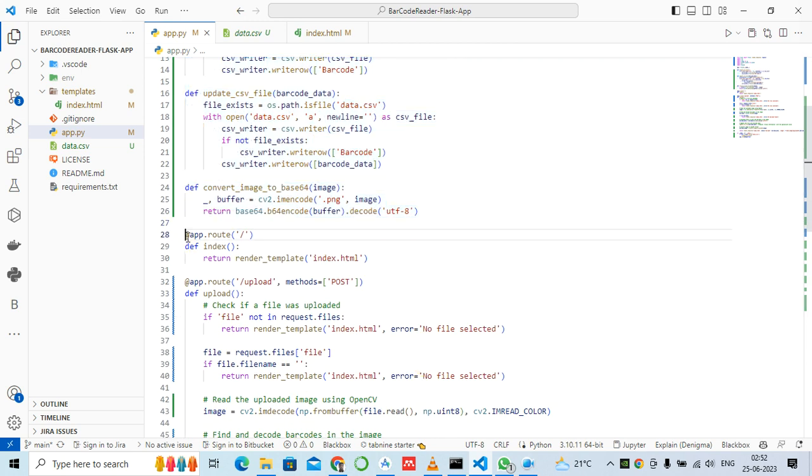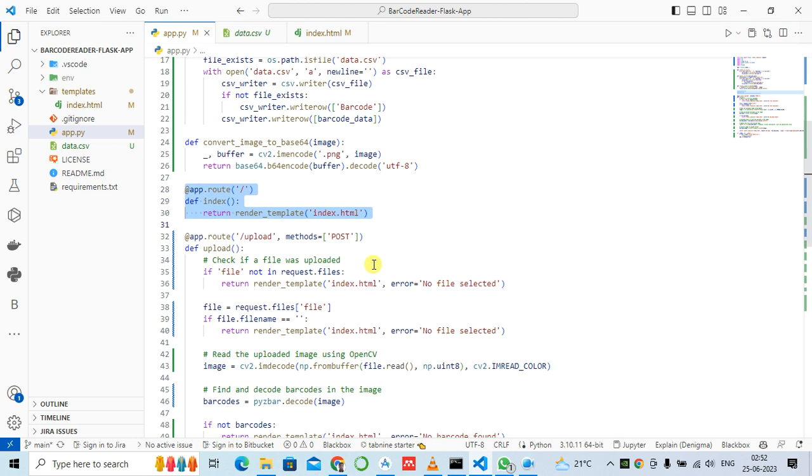Here this is a route. I have already told you in the previous video that a route is nothing but where you want to go. This is the first page, slash, which is basically index.html. After clicking on the upload button,